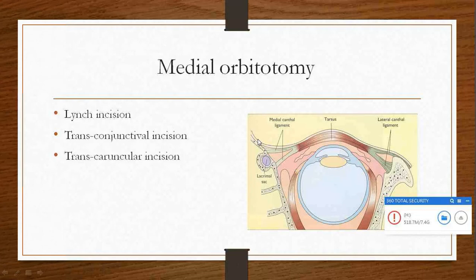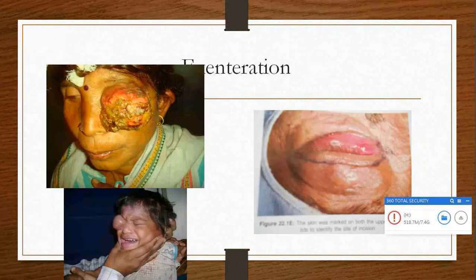Lynch incision you take at the skin beyond the lacrimal sac. You go up to the periorbita, reflect the whole flap, and enter into this space. Or you can take a transconjunctival or transcaruncular incision, as I showed you previously while showing the incisions.